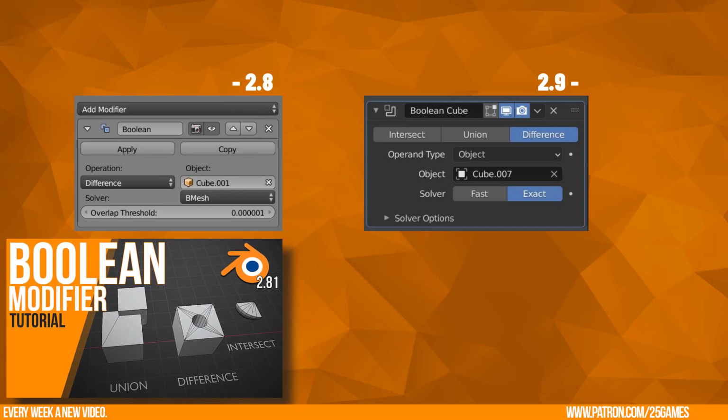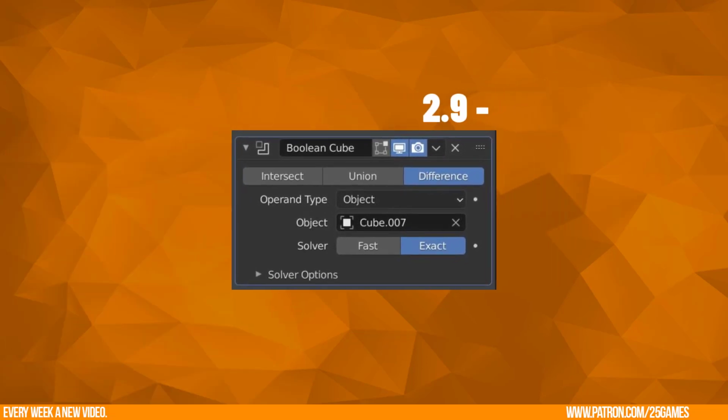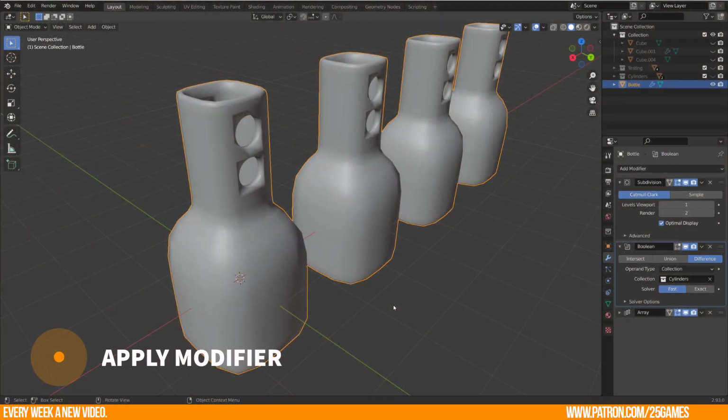My first video still gives you a more detailed introduction to the single modes of the modifier, and I will focus on the reworked functions in this tutorial, but it gives you a decent overview of the modes as well. I want to answer a general question which has reference to modifiers.